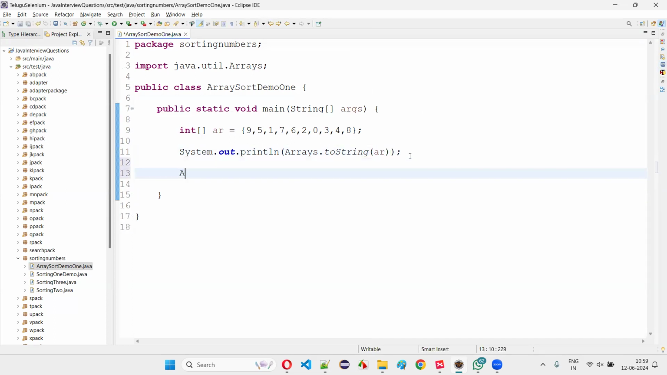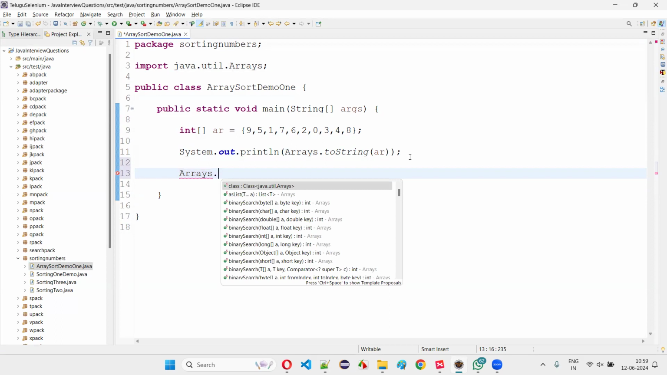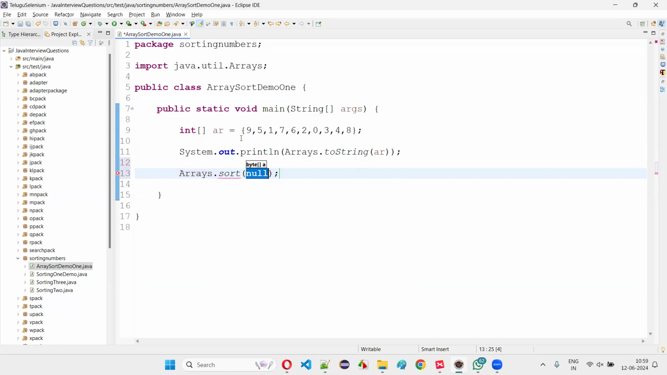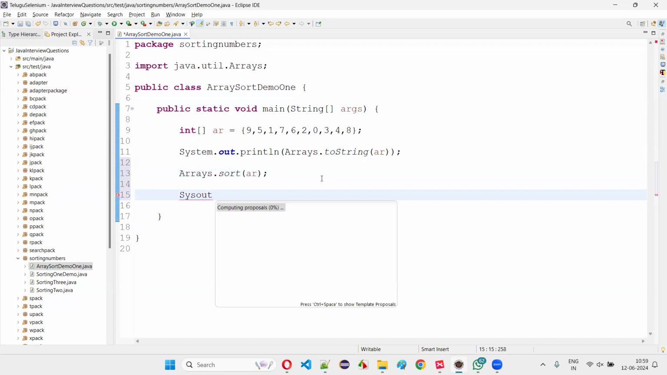Now I would like to sort. For sorting, we have to use the Arrays predefined class, and it has a predefined static method known as the sort method. To this sort method, you have to pass the array name, and the sort method will sort the numbers in the array. And now after this sort method is applied to the array, if you print out the array the same way,